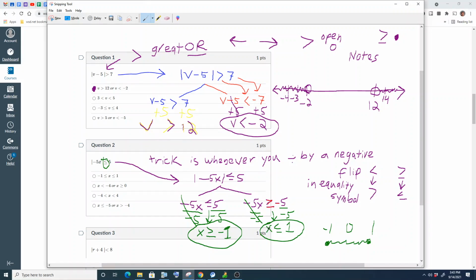And so if we take a look, it says all numbers less than 1, which is in this direction, and all numbers greater than or equal to negative 1, which is also in this direction. And so that means we did it right. Woo! And so another way to write that is negative 1 is less than or equal to x, which is also less than or equal to positive 1, which is going to be this answer right here, between negative 1 and 1. Now, if we didn't flip that